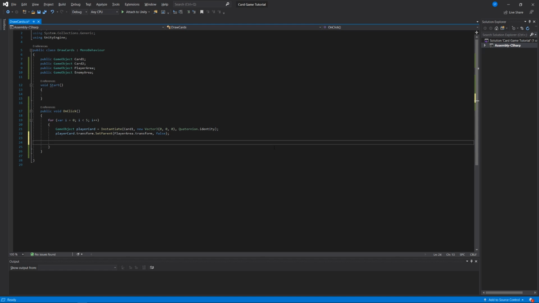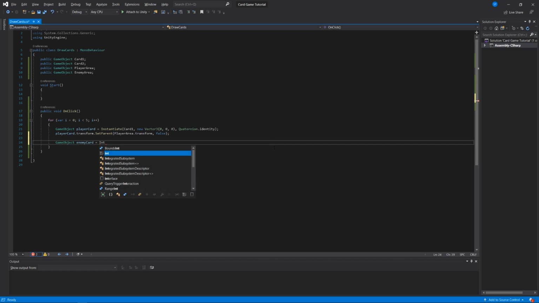I'm doing this specifically because I want to divide the two into two different types of cards. Otherwise, there are many different ways of doing this, but I want to distinguish between my player cards and my enemy cards. So I'm just going to declare another private variable called a game object enemy card,